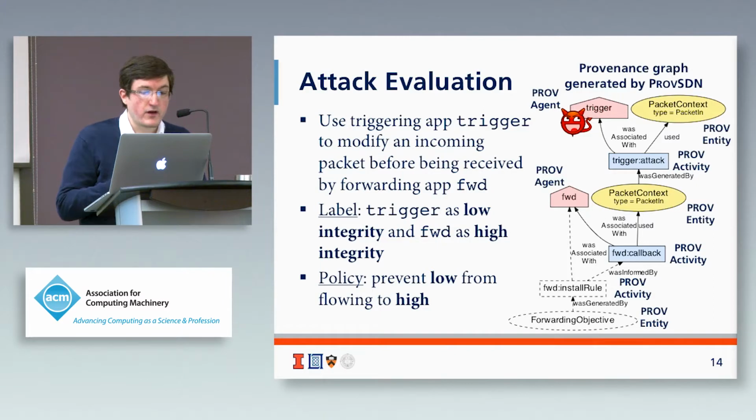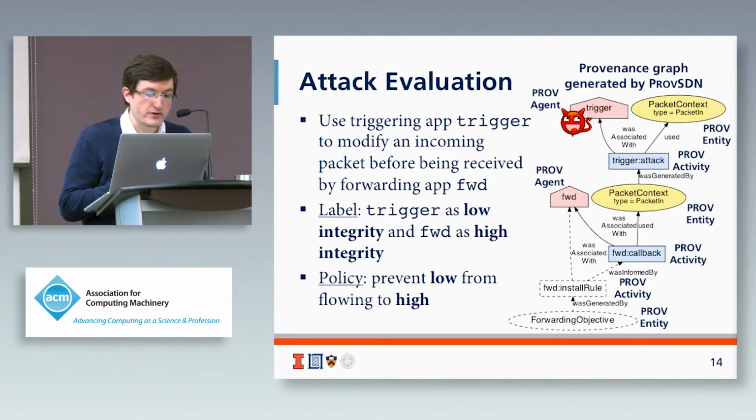But we also generated a provenance graph as a result of this that is shown on the right. I'll walk through it very briefly. Provenance, you read, basically you go back in time in terms of how you want to read it. So we start at the bottom here, in this case, at a forwarding objective. Essentially, it's a flow rule that would have otherwise been instantiated into the network. We look at who's trying to install this flow rule, and we see, if we go through the relations in the graph, that the forwarding application tried to do it.